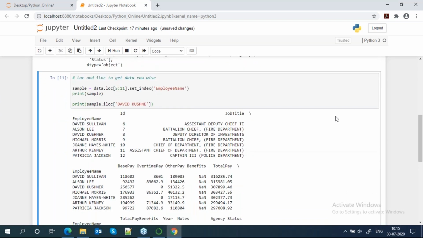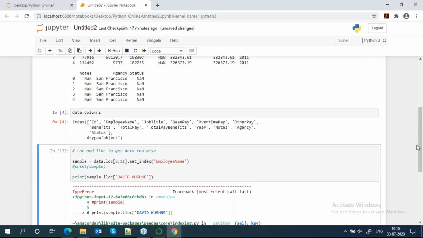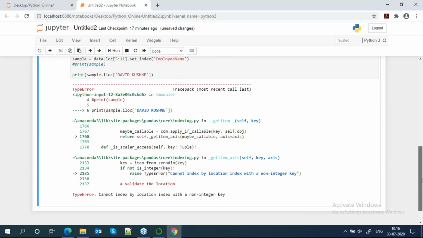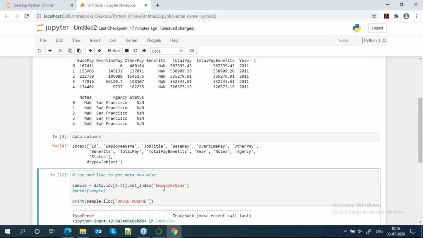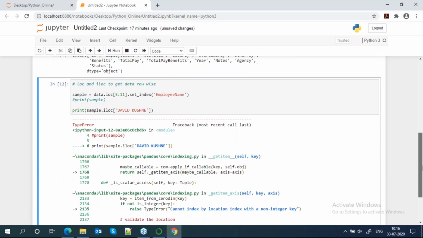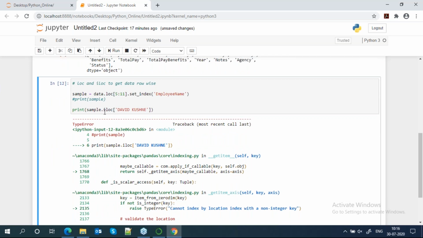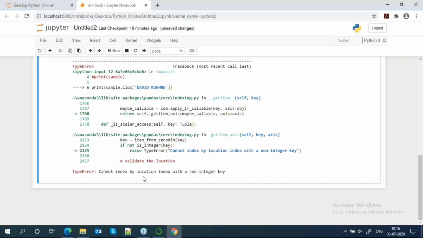You can see that David. Now here I am using iloc, but my index is according to name. So it will give me the error. What is the error? Cannot index by location, index with a non-integer key.